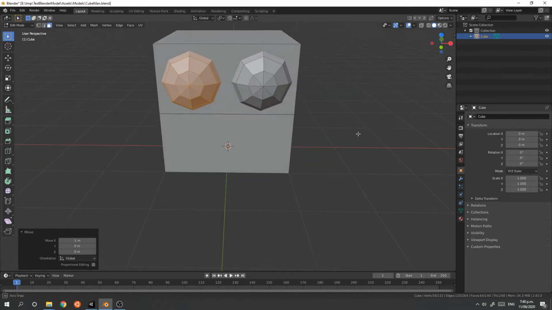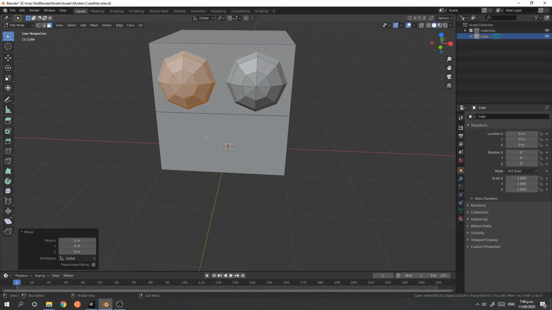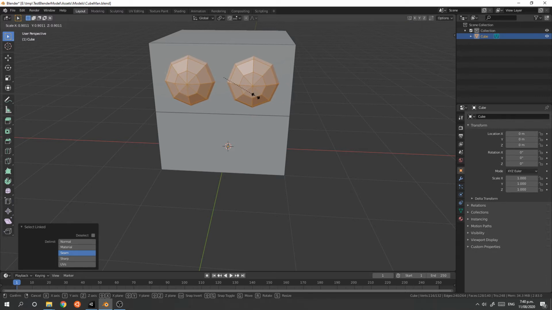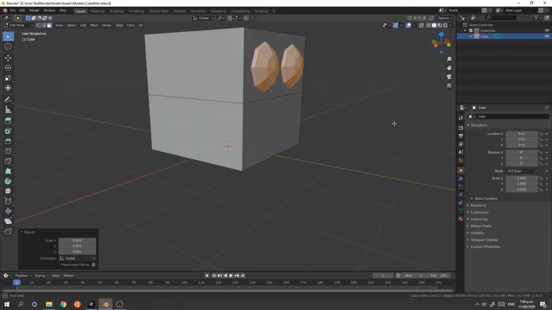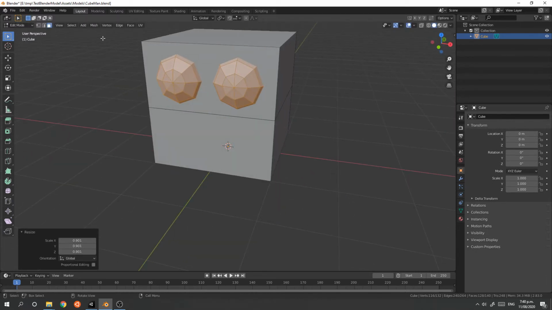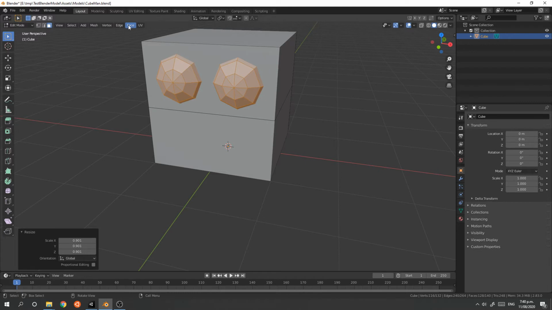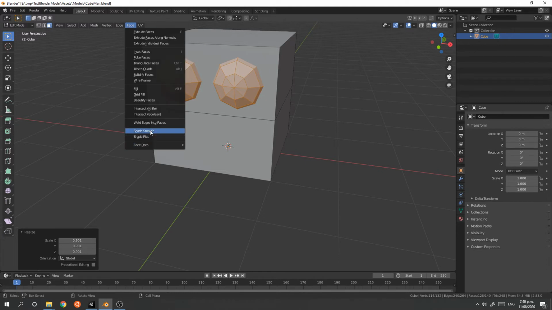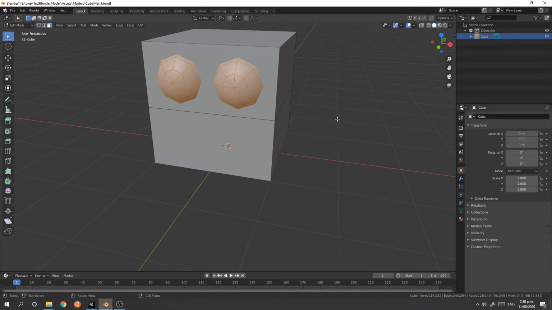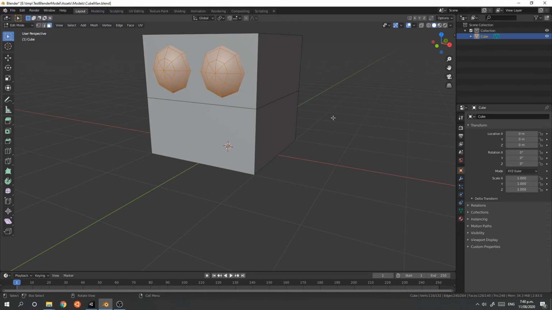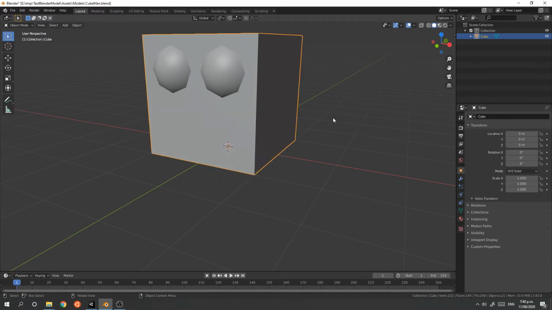Oh, it's popping out the side slightly. Let's just select that one and this one and scale them a little so they're no longer sticking out the side. Excellent. And then we also want to go to mesh and face and shade smooth so that they look a bit more like eyeballs. All right. And then finally, let's select,